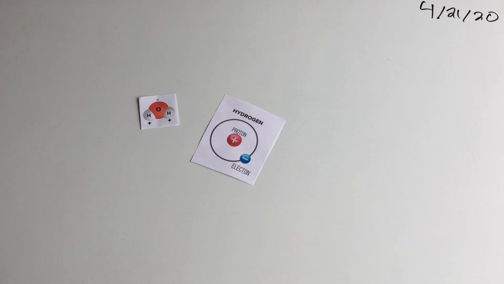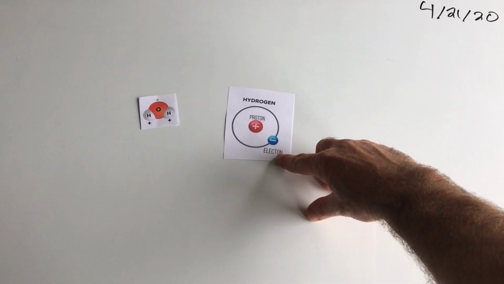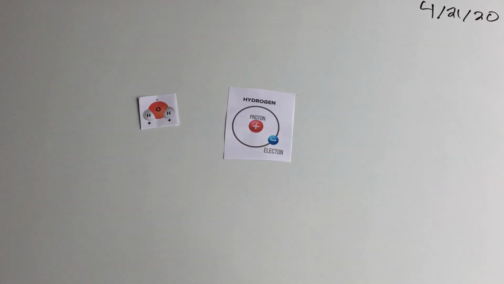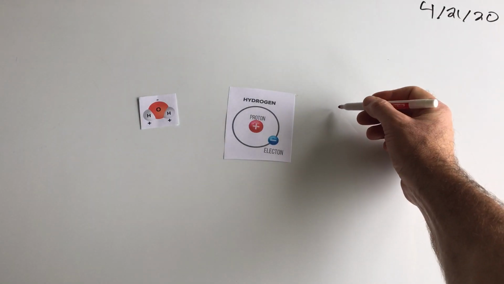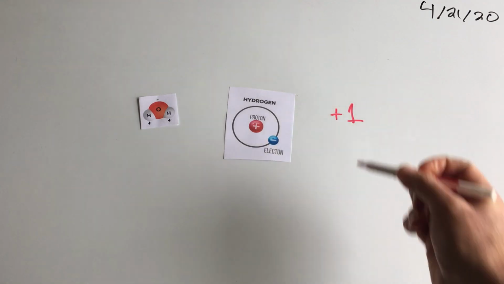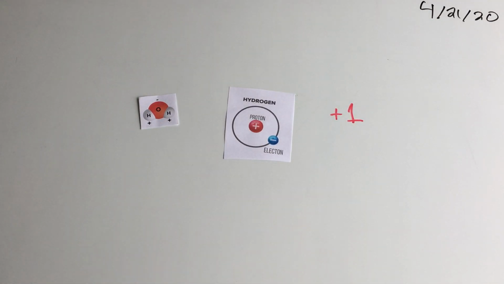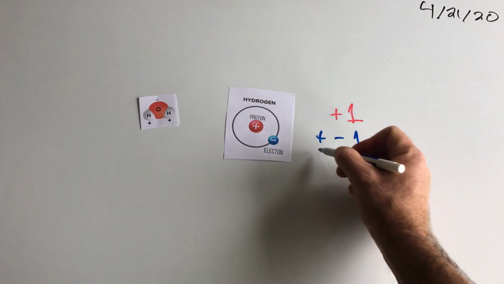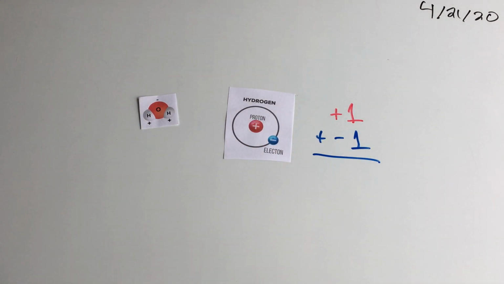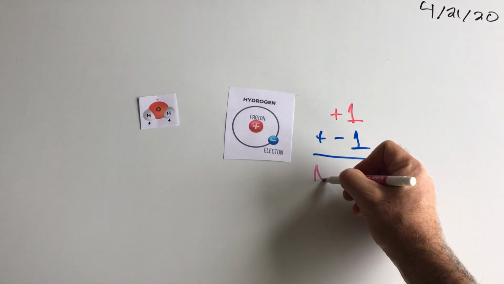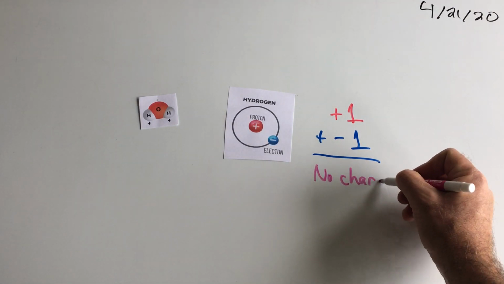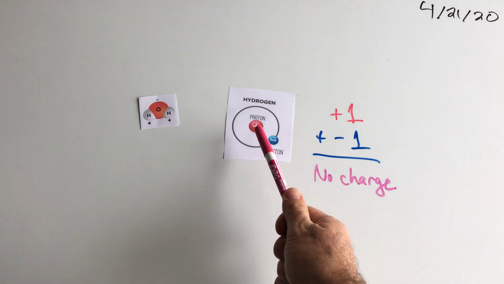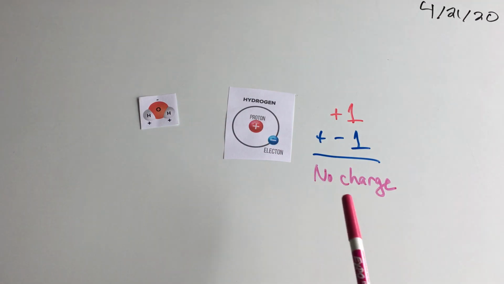Well, the reason it wouldn't work is because, does this have any charge? Well, let's see. I see a positive charge. I see a negative charge. And I don't know much, but I'm pretty sure that positive 1 plus, and that's the proton, a negative 1 equals no charge. That equals 0. It has no charge. So then how's it going to stick to water?